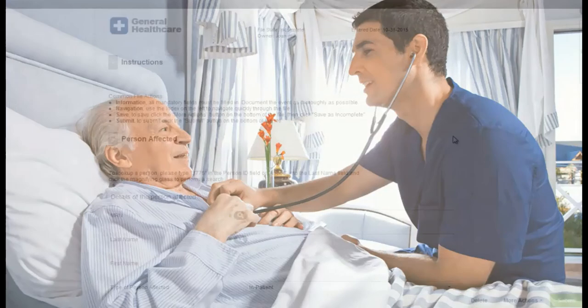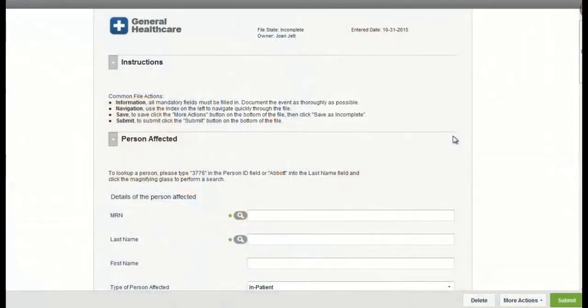Let's plug in the information. Using the scenario, I'm going to make the appropriate selections. In a real-life scenario, you will enter as much of the information as you can on the form. But for training purposes, I will fill in the mandatory fields that are required in order to submit this form. First, in the Person Affected section,